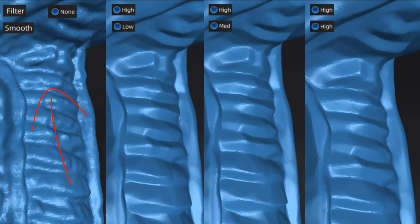Now, once again, the high filter is the most aggressive, which means that it is taking a look at all the surrounding points and it's going to spread them out. Think about taking something like shrink wrap and stretching it over something. What we're doing is essentially smoothing and stretching it out. And as we move through to the low, medium, and high smooth, you can see exactly what's happening through each